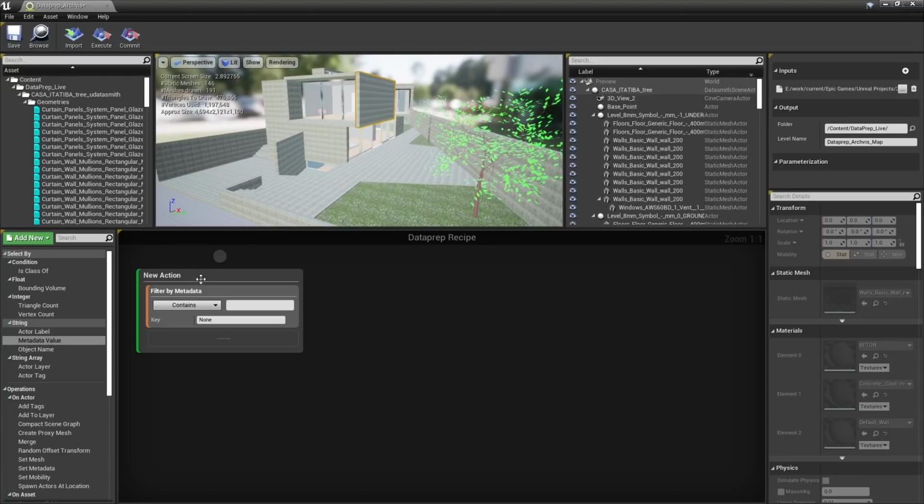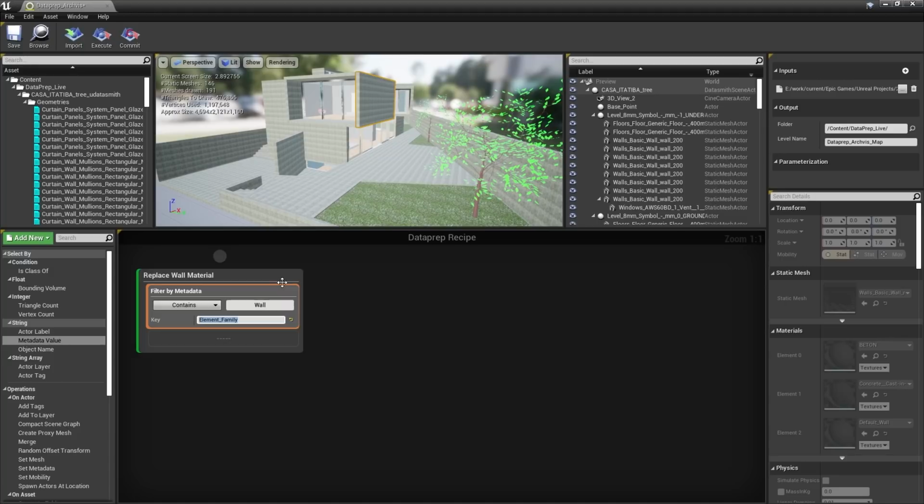When you add a new node to the graph, you can rename it here, so you can see it says new action by pressing F2. So for this first action, we're going to just call this replace wall material. Now, we can see within our replace wall material, we have the node that we dragged in, filter by metadata. Now, the key that we're going to be filtering for is called element family. And this is the metadata key taken from Revit. From here, we're going to specify wall. So what this means is that anything that contains the word wall in its element family metadata will be selected. So not only one object, but any object with this metadata.